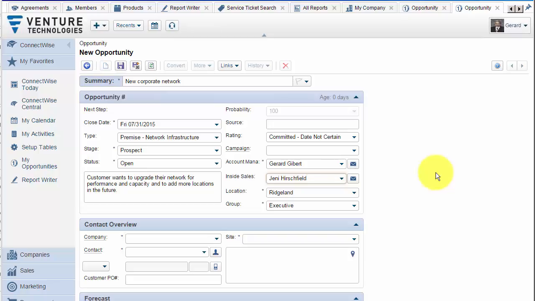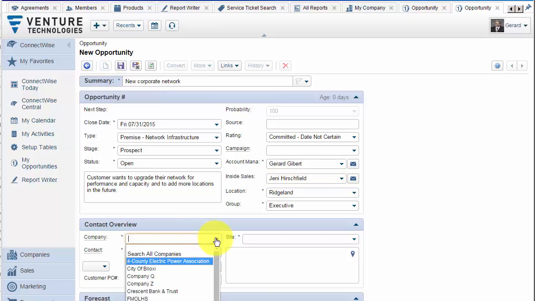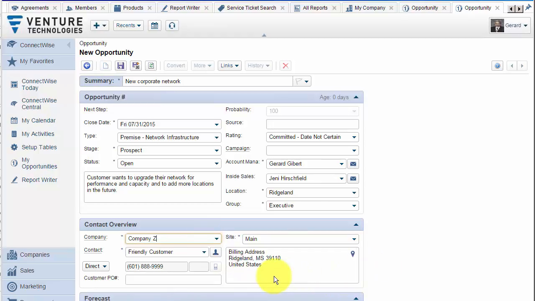This is all carefully created by our operations staff when you submit a new prospect information to create a new prospect. Note that the company we're going to associate this opportunity with here has already been set up because I have submitted a new prospect form, or perhaps this is an existing customer, which is the case here. I'm going to click the down arrow and you'll see that ConnectWise will list all of those companies that I have recently used in my opportunity processing. I'm going to pick company Z here, and note that